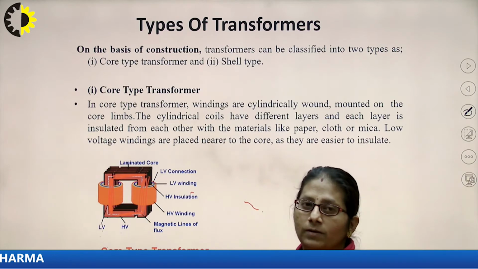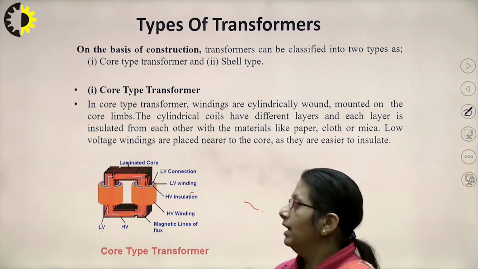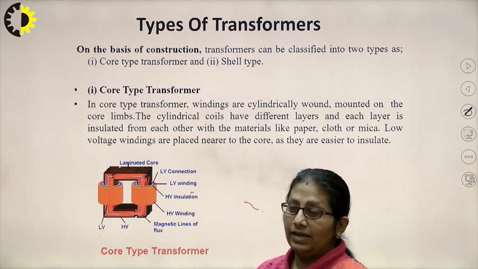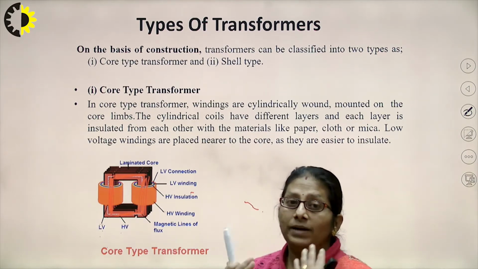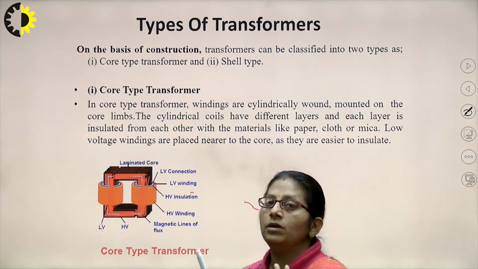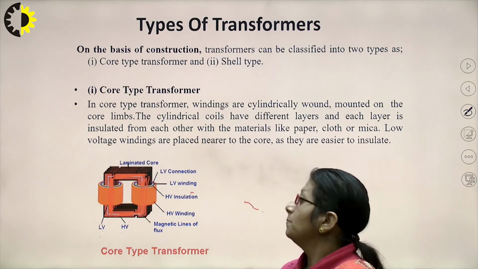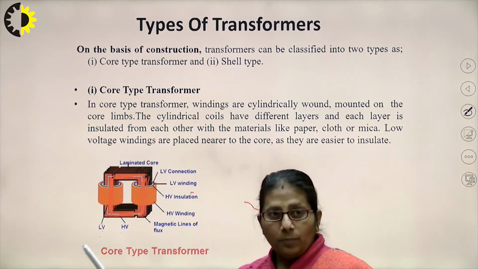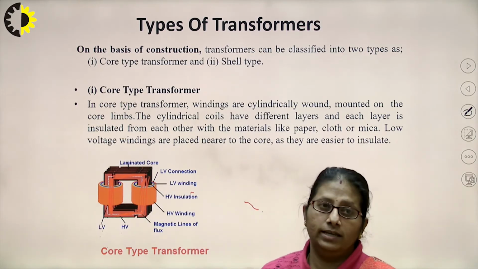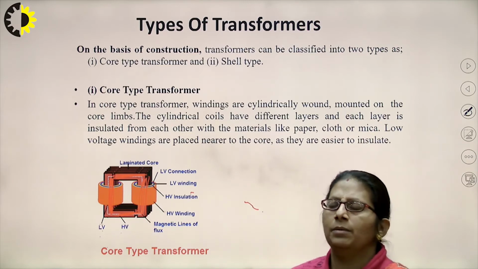The core is made once and is there, but the windings require maintenance, and the windings are outward, so air cooling can be better. The ventilation provided can be a better one. Now, this is the property that the cylindrical coils have different layers, and each layer is insulated from each other with material like paper,